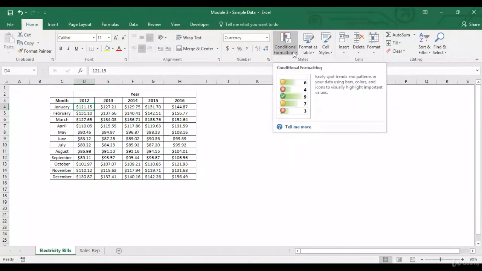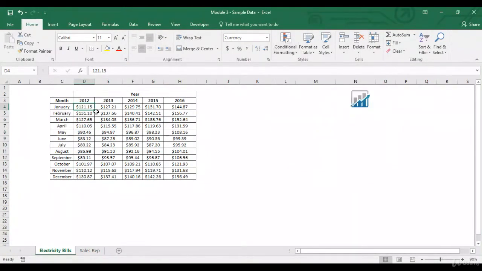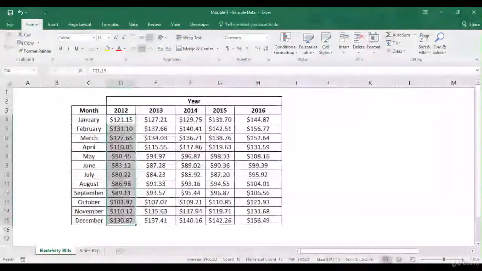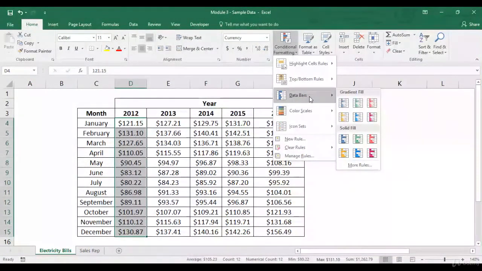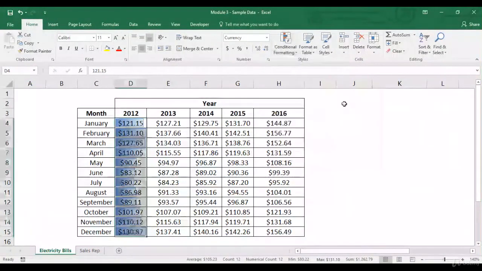So now let's move on to the other bit, which is data bars. So let's select all of them and I'll sort of zoom in a bit so that it's easier for you to look at. Now with data bars, for each of these selected cells, we'll have bars which will be visible in these cells. And if the value in the cell is larger, the bar will be large. If the value in the cell is small, the bar will be of smaller size. So over here, 131 is the maximum value. So that's why it has the largest bar. If I look at 80.22, that's the minimum value. So that's why its bar is the smallest.